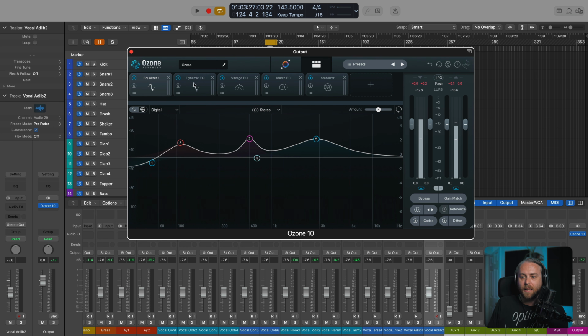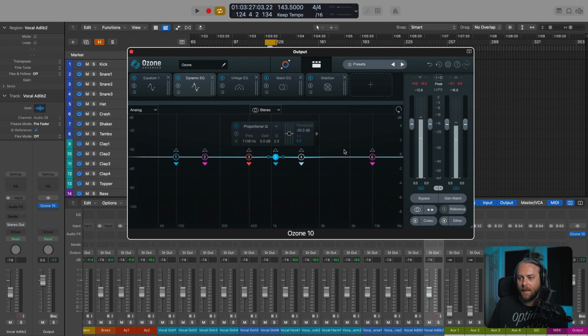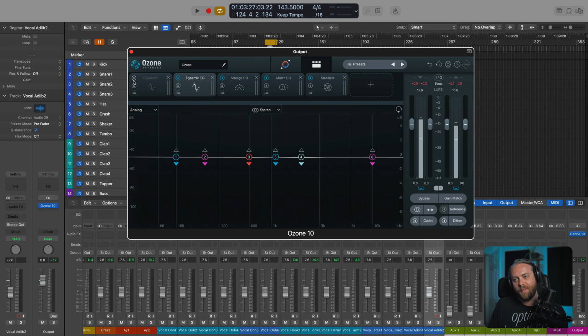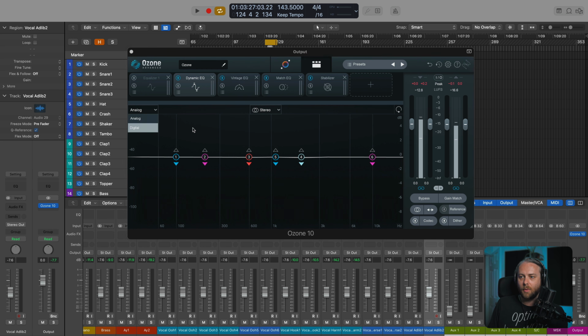If we go to dynamic EQ, the same principles apply. We actually have fewer nodes, I believe, to play with here. I think we have 6 instead of 8 over here in the main equalizer. Yep, that's it. So over here, and I'm just going to turn this off so it doesn't affect what I'm doing on this one, it's an EQ as well. We have analog, we have digital, we have stereo, we have left, right, and mid side.